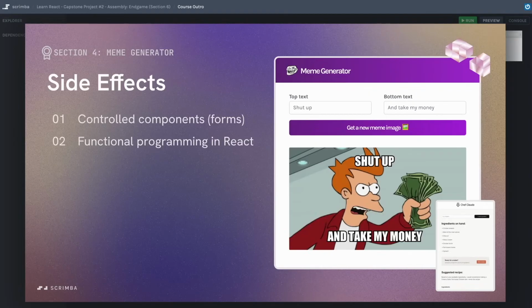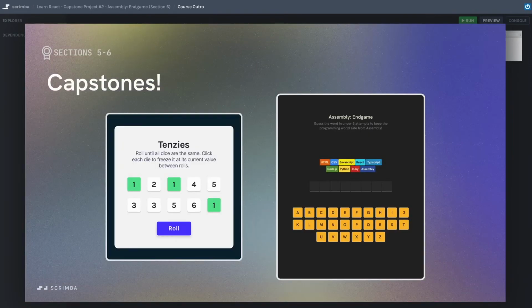And the way that we did this in our meme generator project was to fetch some data as soon as the component loaded. Having a so-called escape hatch, which gives us a chance to safely handle side effects whenever they're absolutely necessary, turns out not only to be a really important thing in React, but also one of the more misunderstood aspects of React.